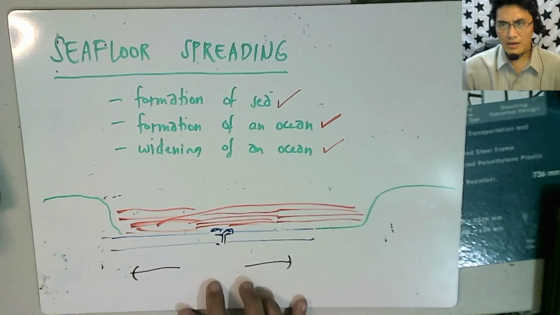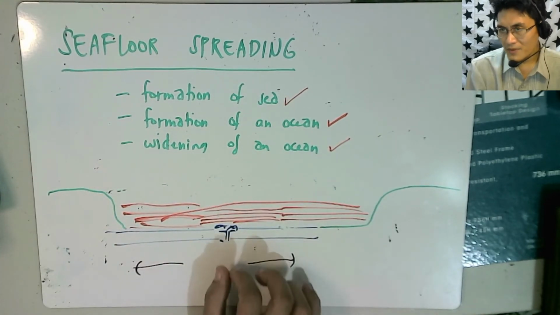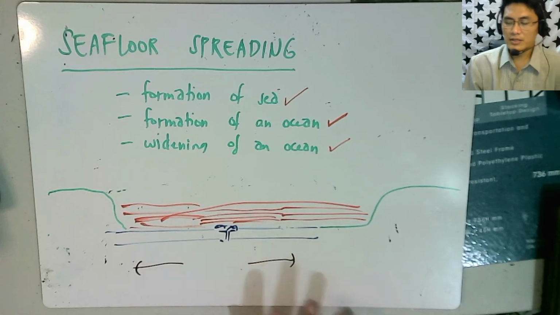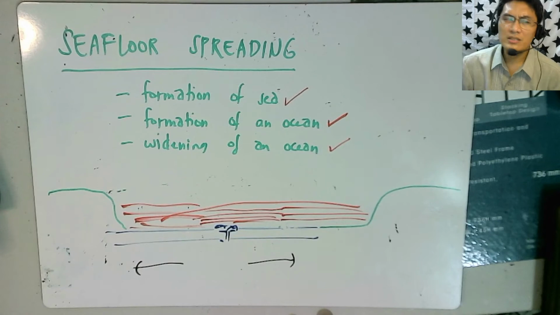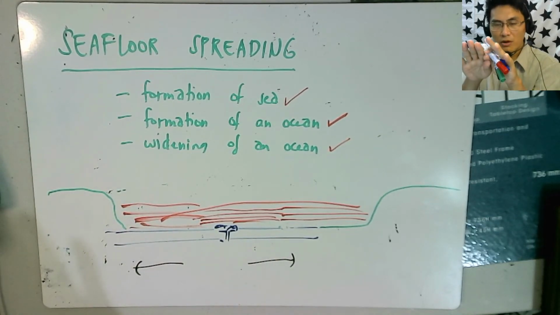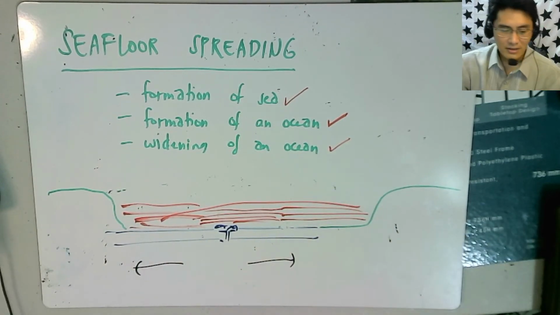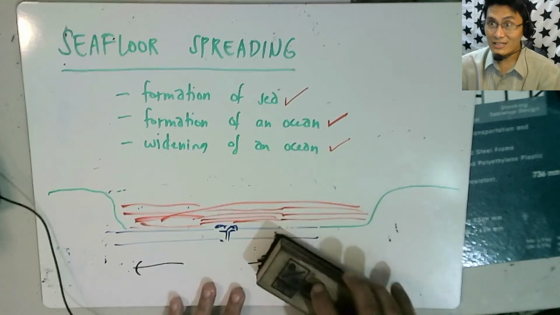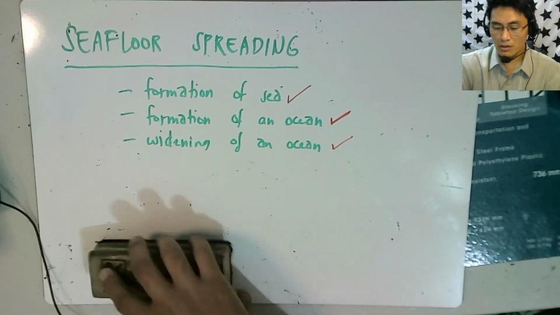but I have to point out something here. Okay, sir, if that's the case where divergence happens and the ocean floor becomes wider and wider, wouldn't there come a time when all of the Earth will become oceans? Because if the oceans keep becoming wider and wider, then the continents of the world will be consumed, and all that is left in the world